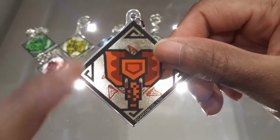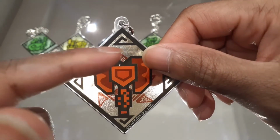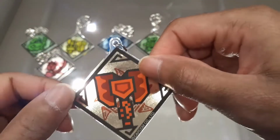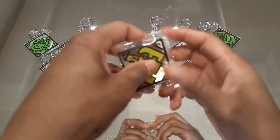I do kind of like, this is kind of a weird thing, but I do like how the icon looks here in the background, just because of those spikes on the edges. It kind of gives it almost like a chainsaw feel to the Charge Blade in a weird way. So I think that actually looks pretty cool. So that's Charge Blade. Yeah, that's definitely a bit of a different color than what they have on the Insect Glaive, which is kind of cool. Unlike the other three weapons that kind of share the same exact shade of color. So, next one here,